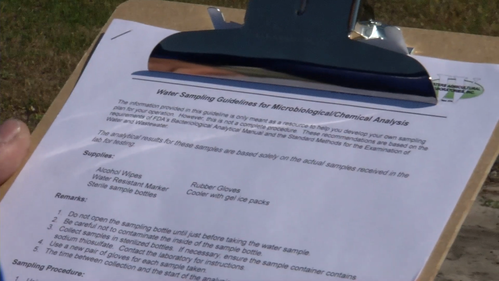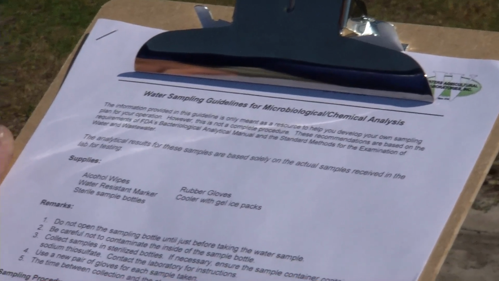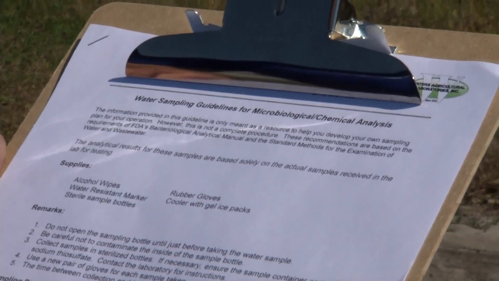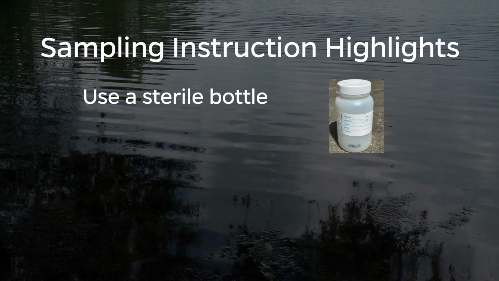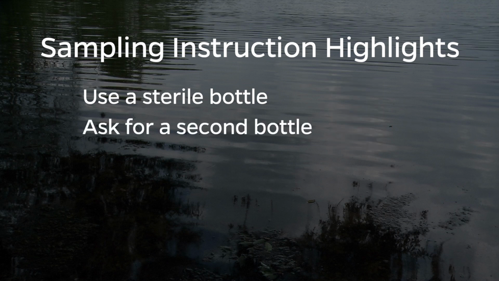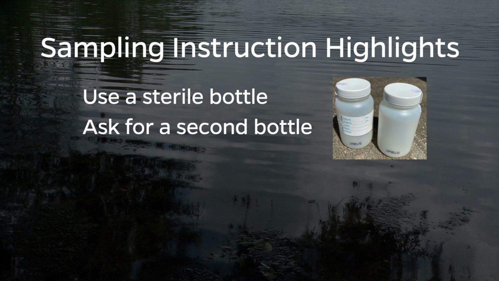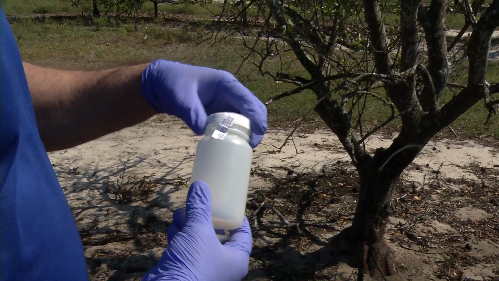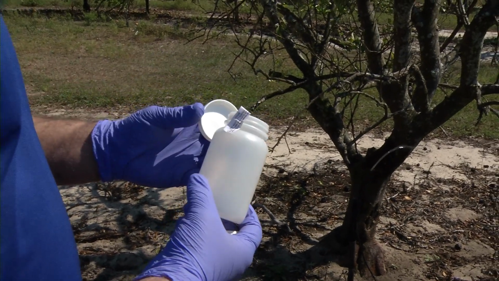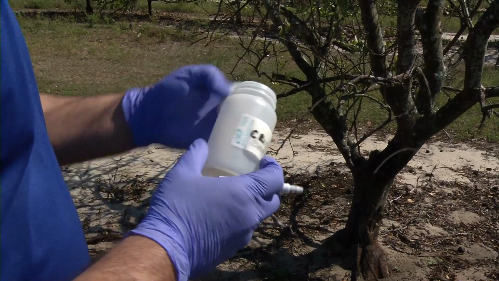Step 3 is to follow the lab's water sampling protocol. In order to make sure you have taken the water sample correctly, follow the directions provided from the testing lab. Some of the directions may include using a sterile bottle for collecting samples. It should be provided by the lab. You may ask for an extra bottle to have on hand in case the bottle becomes contaminated. Make sure you don't touch the inside of the bottle or lid. Bacteria from your hands can lead to a higher count in the sample.